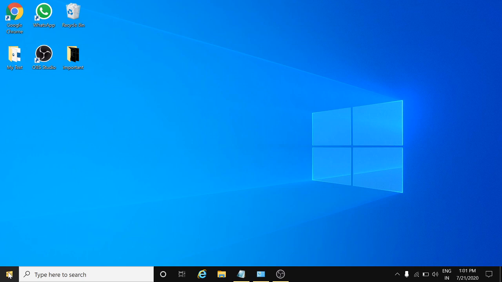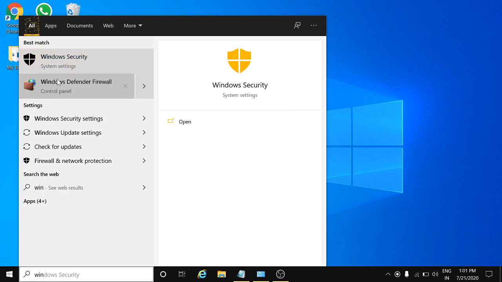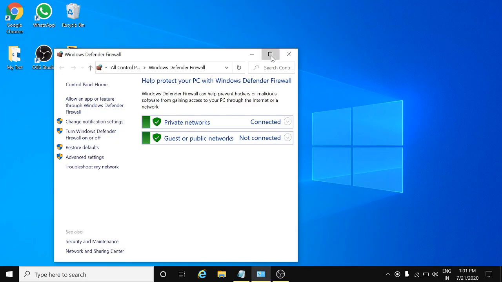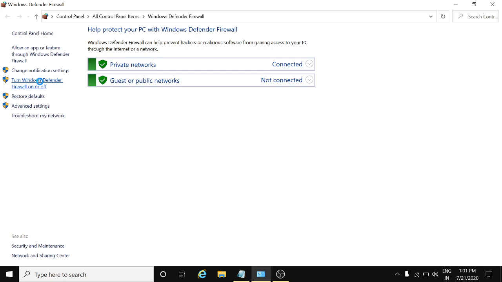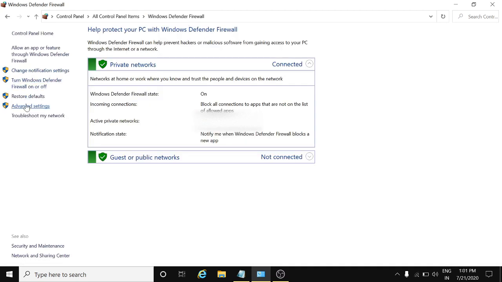First of all, just open Windows Defender Firewall and make sure you have turned it on. Like you can see, I have turned on Windows Defender Firewall for public network and private network as well. Also make sure you have clicked on notify me when Windows Defender Firewall blocks any new app. It's for notification and it is the default setting of your Windows Defender Firewall. So make sure it is on. Then go for advanced settings